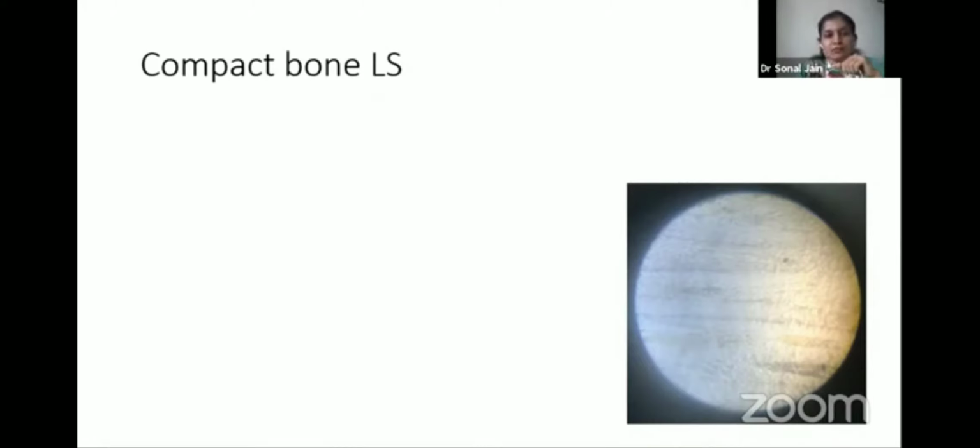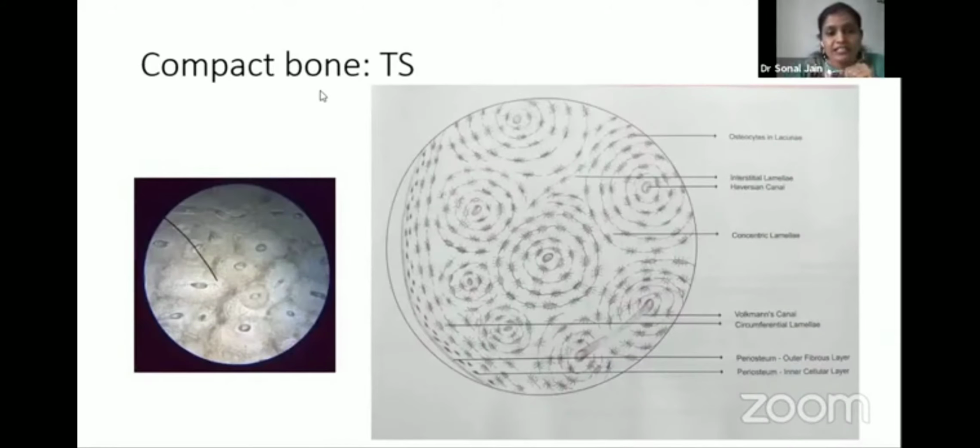There are three types of cells present in the bone. They are the osteoclasts, which obviously engulf the materials; osteoblasts, which form new bone; and osteocytes, the actual functioning cells. The compact bone has specific systems: the circumferential system, outer and inner, and the Haversian system, also called the osteon. And there is again the interstitial system. The remaining space between the Haversian systems is filled with interstitial lamellae.